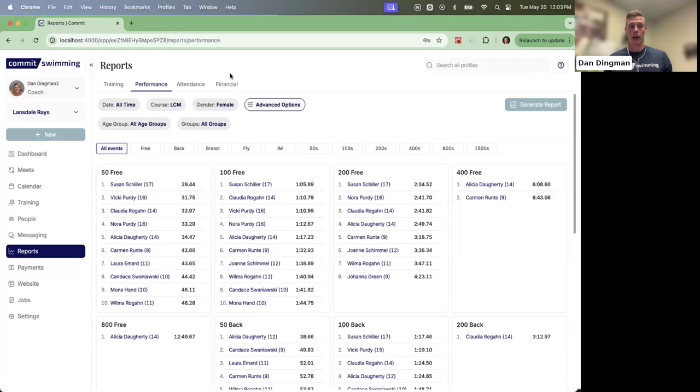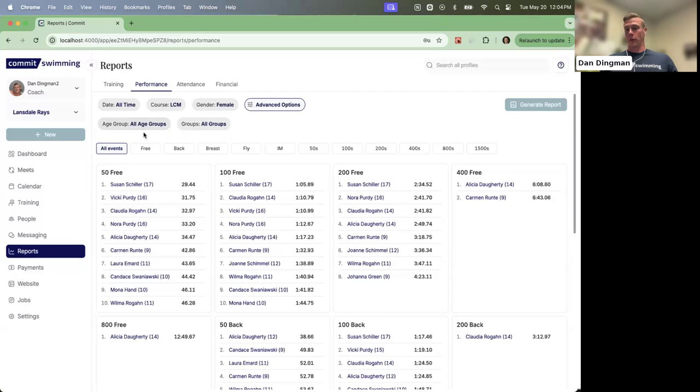So for those of you who don't know, Commit started out as a workout management solution for coaches to allow them to log their workouts. Over the years, we've been around for 10 years, and teams all over the world, including a lot of high performance training centers, both in the US and internationally, use Commit to manage their team's training or their athletes' training. We've expanded now into full club team management, where you can do everything you need to do in order to run your team, including tracking volunteer hours, doing billing, managing your calendar, your roster, your messaging, communication center, all of that within Commit, layered on top of our now well-established training and workout logging platform.